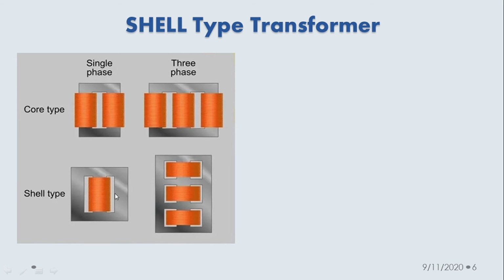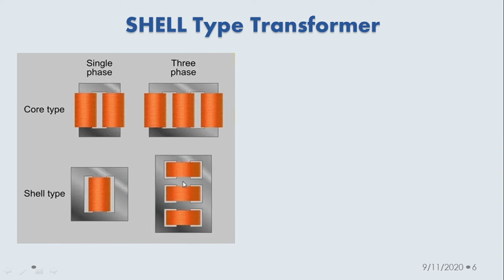The windings are wound on the central limb in the shell type transformer, and the width of the central limb is always double that of the side limb. So if this width is A, the central limb is 2A. Limb number 1 and limb number 2 are A, and the central limb is 2A. In the case of a three phase transformer again,